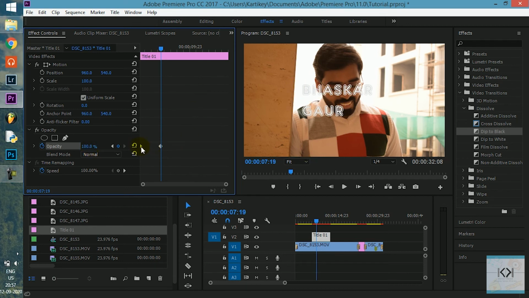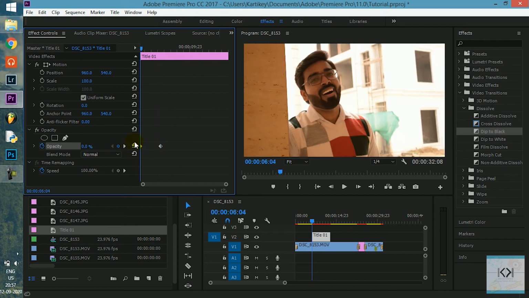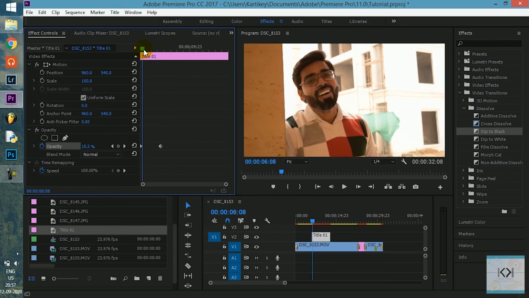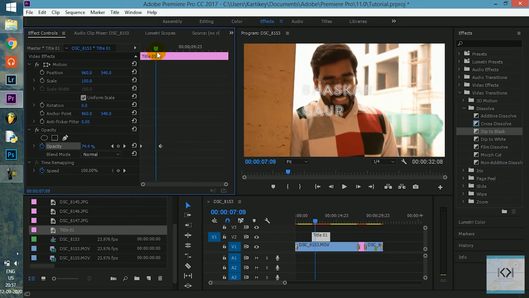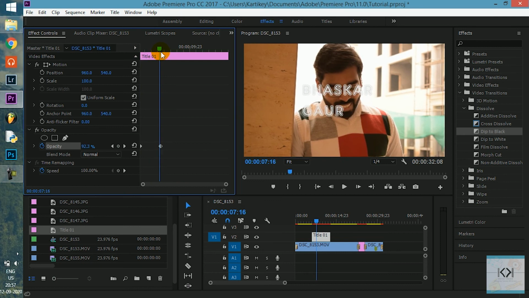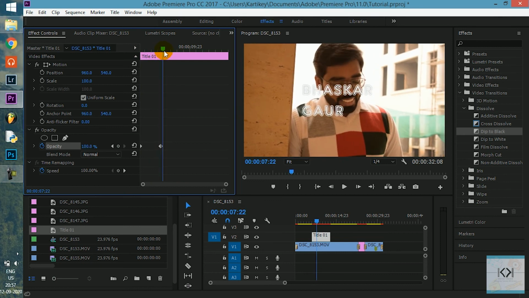What Premiere Pro does is that in between these two positions, it will start increasing the visibility of my item on which I created a keyframe slowly to whatever percentage I have put on the next keyframe, and maintain it after that.